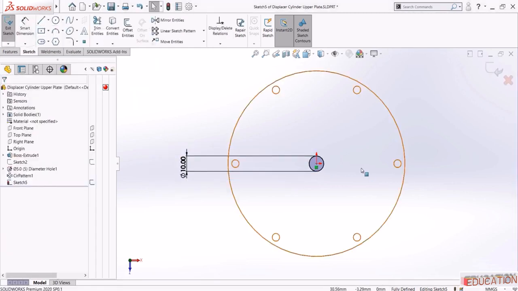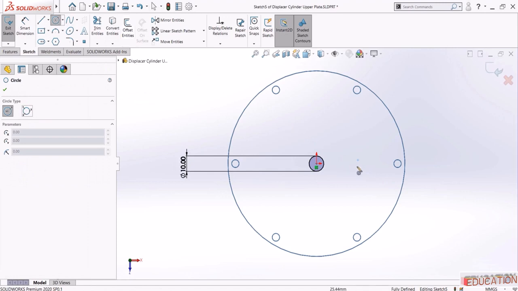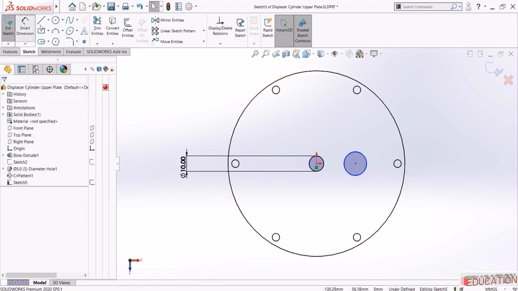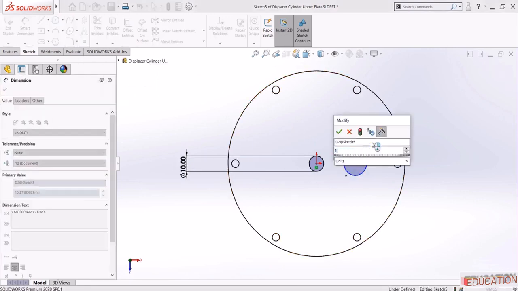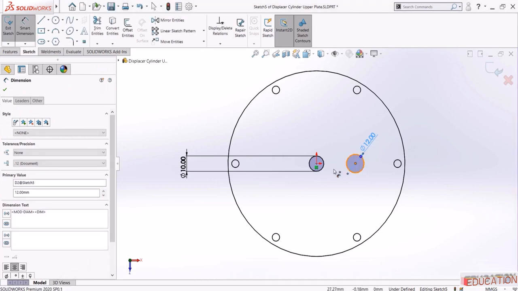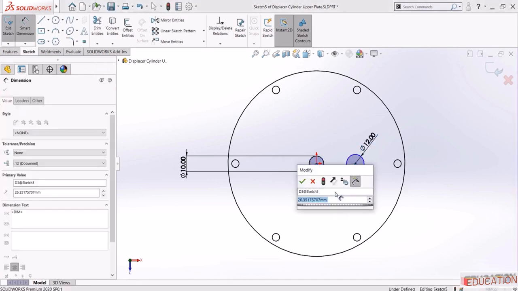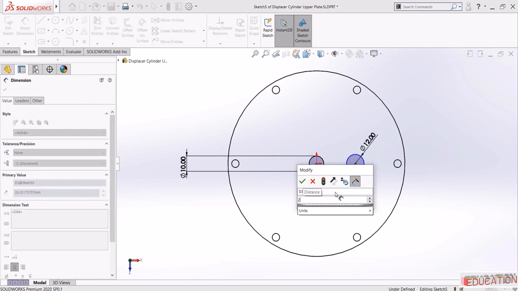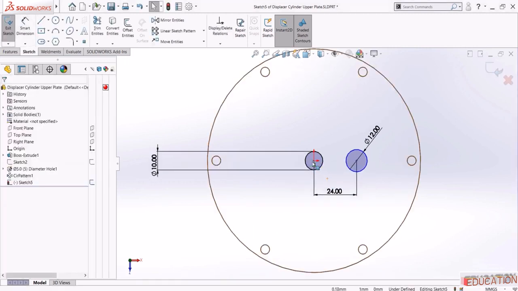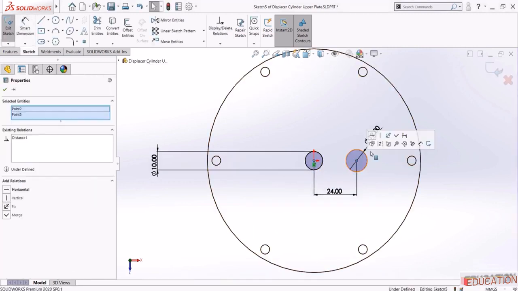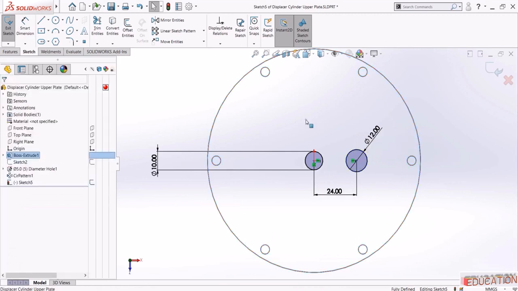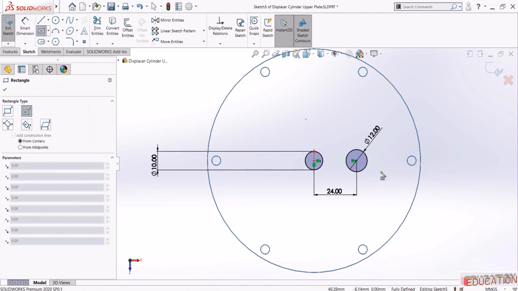And the second one is somewhere here. This diameter is 12, and the distance between them is 24, and they are horizontal. Now we need to create some reference for the rest of the holes. So here I will draw